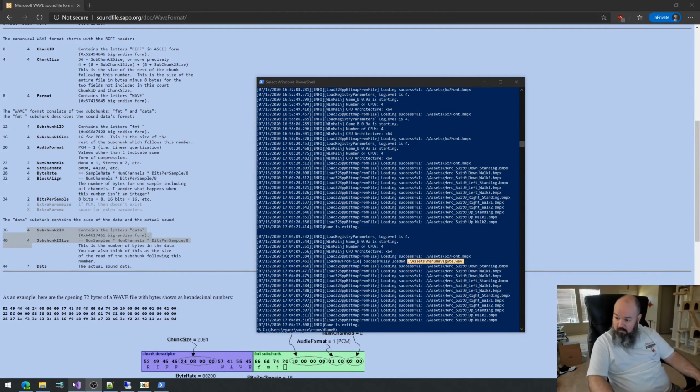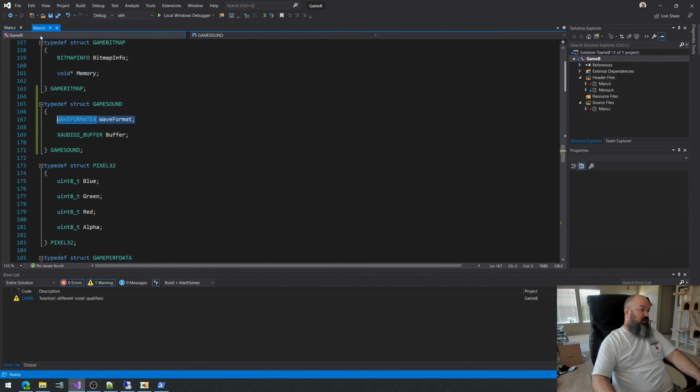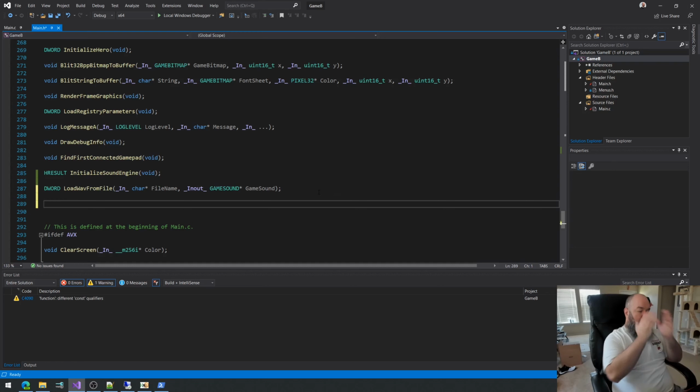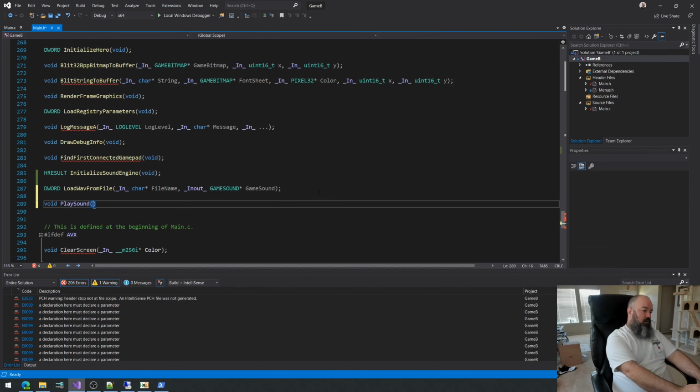How much time do we have? Oof, 50 minutes. I don't know if we have enough time, but we're gonna try. Gotta make some new functions. We're gonna call it play sound. Oh, no, it can't be called play sound because play sound is already taken. It's already taken by some silly inferior Windows API version. So I'm going to call mine play game sound,